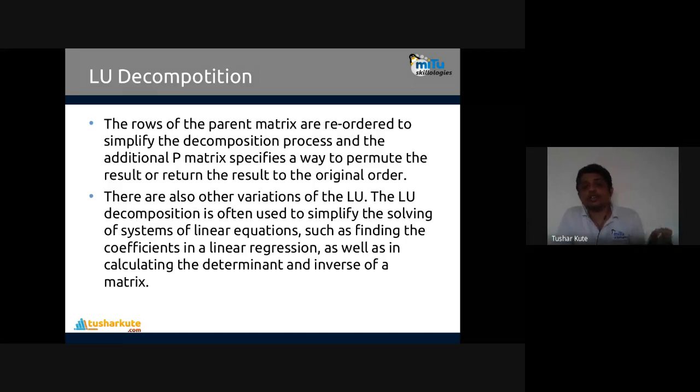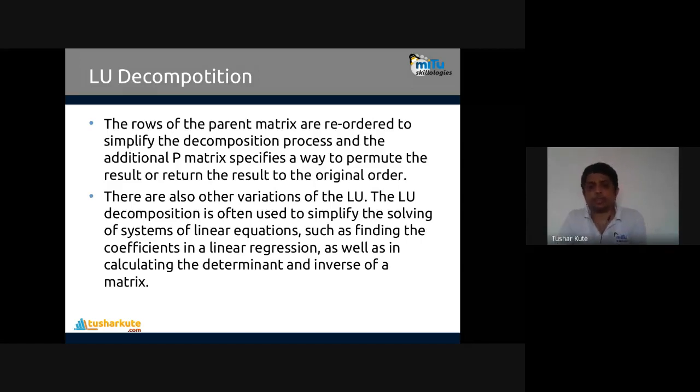Okay, finding the coefficient in linear regression. How is it possible? I have a lot of data, meaning many rows in the data set, and out of it you have to find the ideal value of the coefficient. You draw a line, and what's the value of the coefficient there?